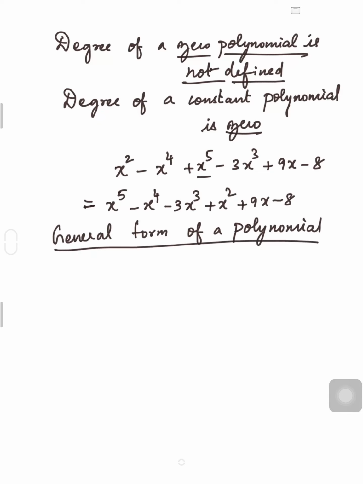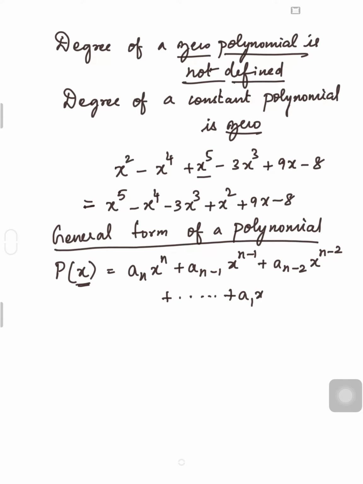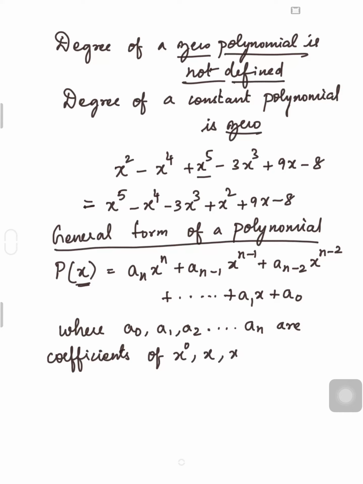The general form of a polynomial p of x, that is polynomial with variable x, is given by p of x is equal to a n x power n plus a n minus 1 x power n minus 1 plus a n minus 2 x power n minus 2 etc. plus a 1 x plus a naught, where a naught, a1, a2 etc. a n are coefficients of x power 0, x power 1, x squared etc. x power n. And n is a whole number. So what is the